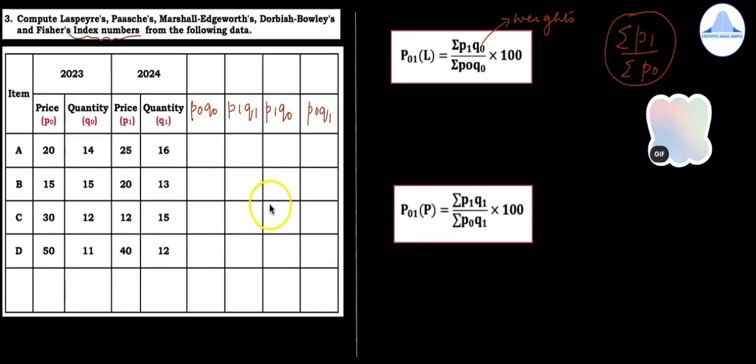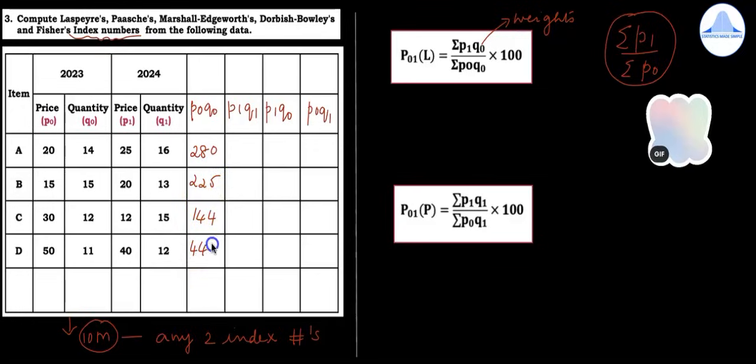So if it is a 10 mark question, this will be a 10 mark question where they will ask any two index numbers to calculate. Usually for the 4 totals itself it will be 4 marks. So let us do the calculations. Multiply carefully. So it is 20 into 14. So you get 280. Next is 225,